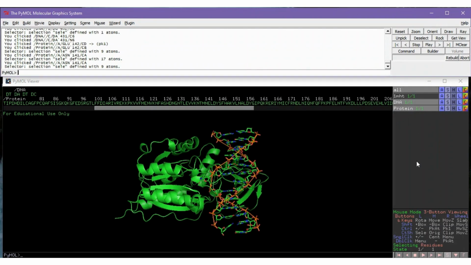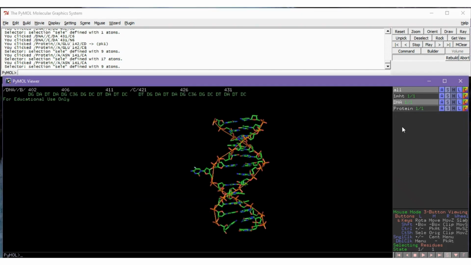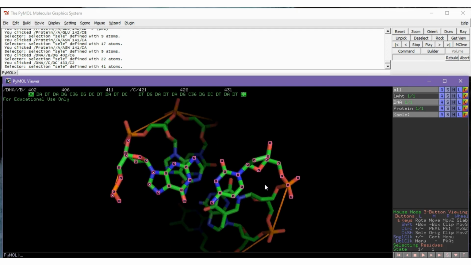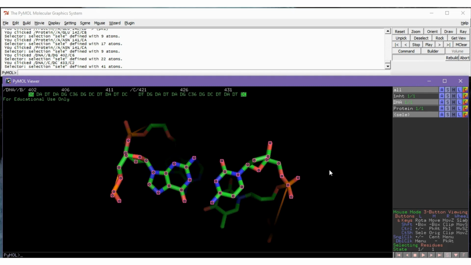In this video, we'll look at how to take measurements in PyMol. So let's start off by only looking at the DNA. And let's select these two residues. And then let's orient ourselves to them. And then when you scroll your mouse wheel, the residues in the background fade a bit.